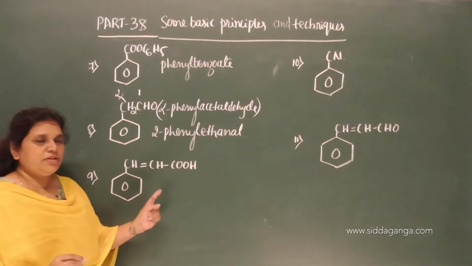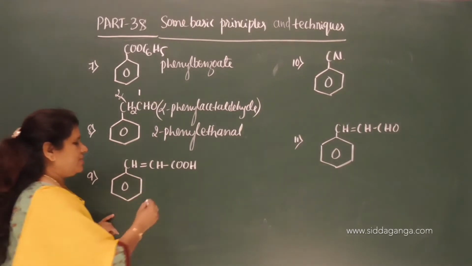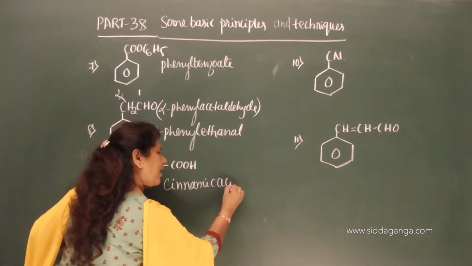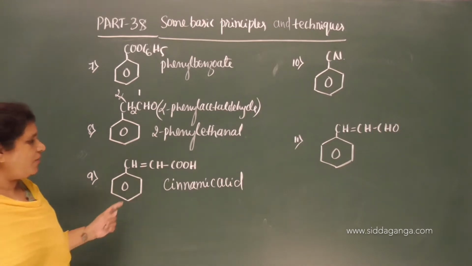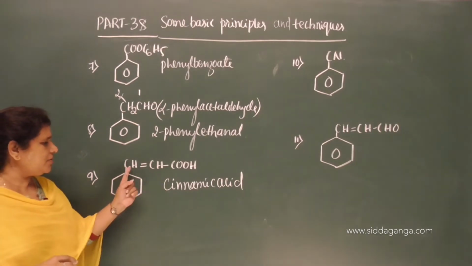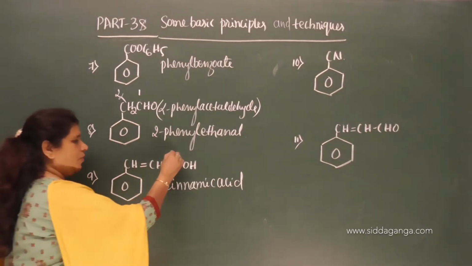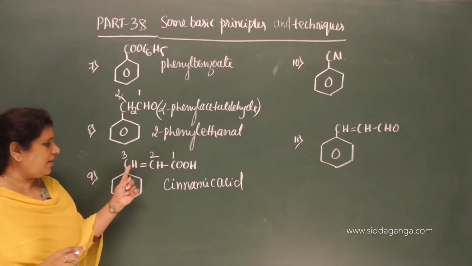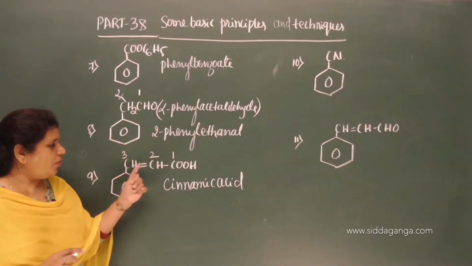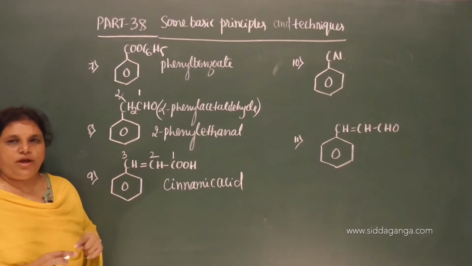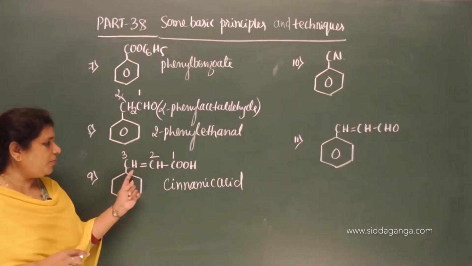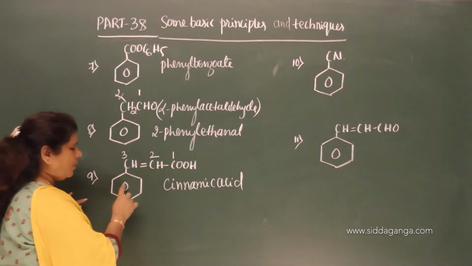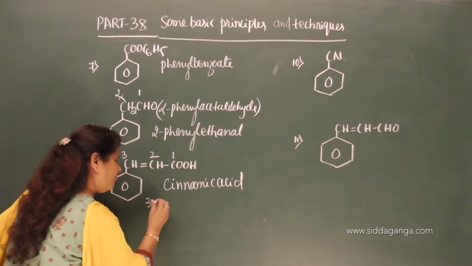Okay. Now move on to this compound. The common name for this is cinnamic acid. Remember this compound, cinnamic acid. Now we have to name it as the phenyl substituted compound. What is this compound? 1, 2, 3. On the second and third carbon we have a double bond. Prop-2-en-1-oic acid. Now it is substituted prop-2-en-1-oic acid. What substituted? Phenyl substituted. What is the position? On the third carbon we have the phenyl group.